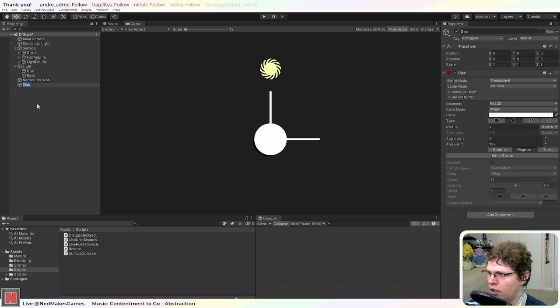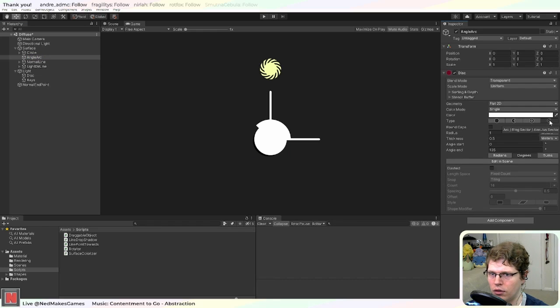So this will be the angle arc. Okay, and yeah, it could be pretty thin. No, I think that's fine. Okay, so then the fun part will be I need to calculate